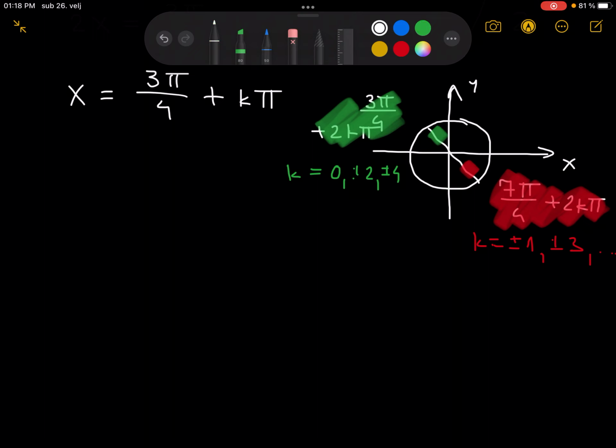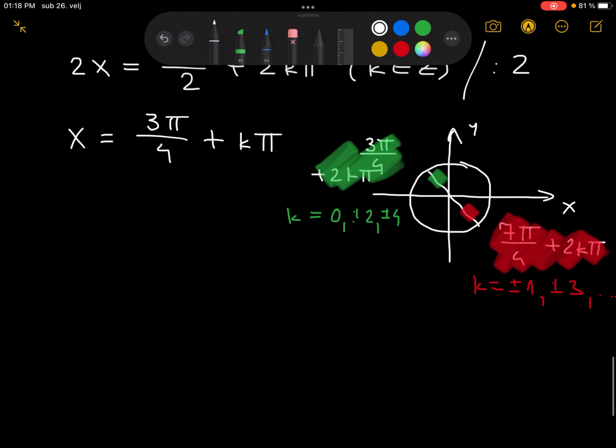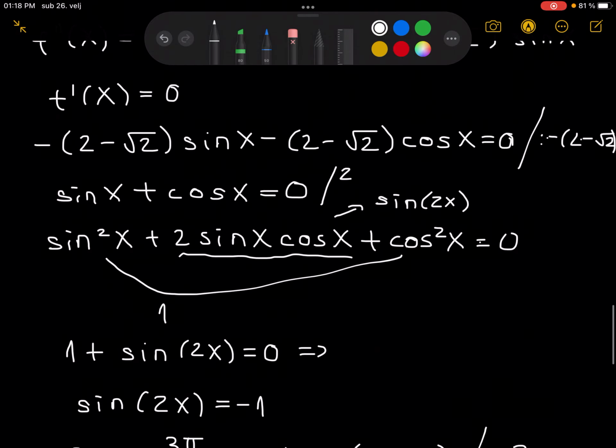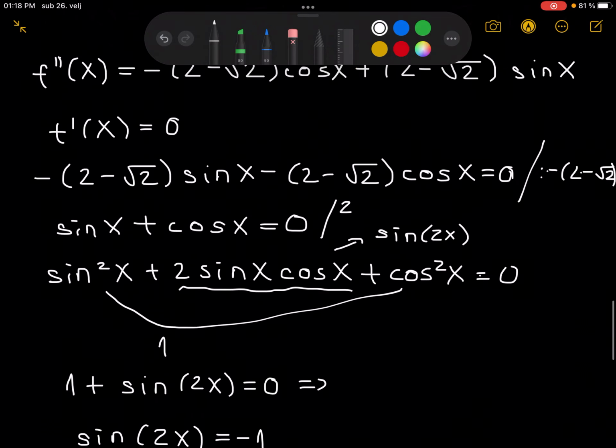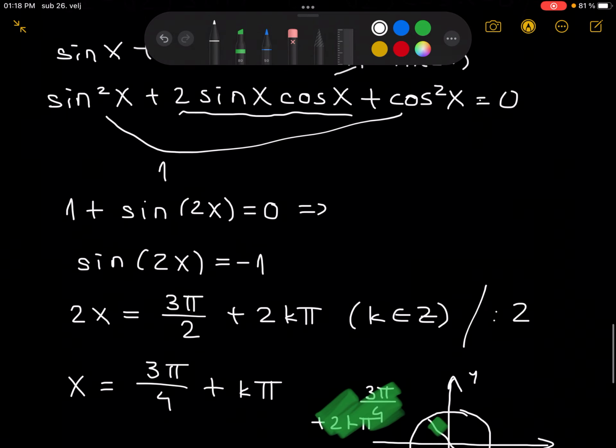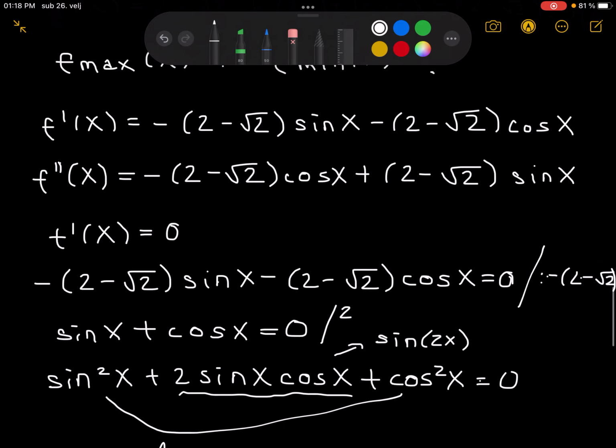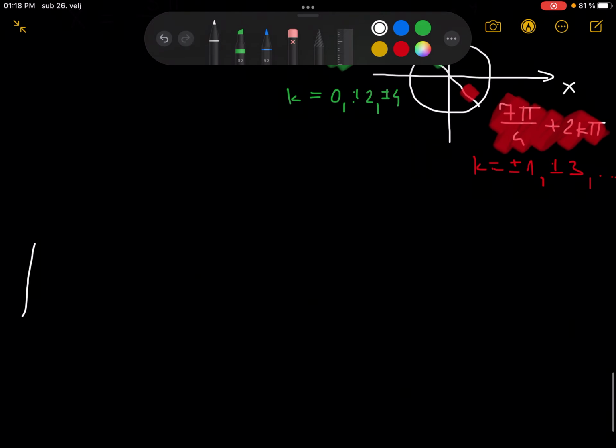Okay, now that we've established that, let's go ahead and plug in each of these values into our second derivative. So we can write that as f double prime of x when x is equal to 3 pi over 4, and when you insert the numbers, you'll simply get that